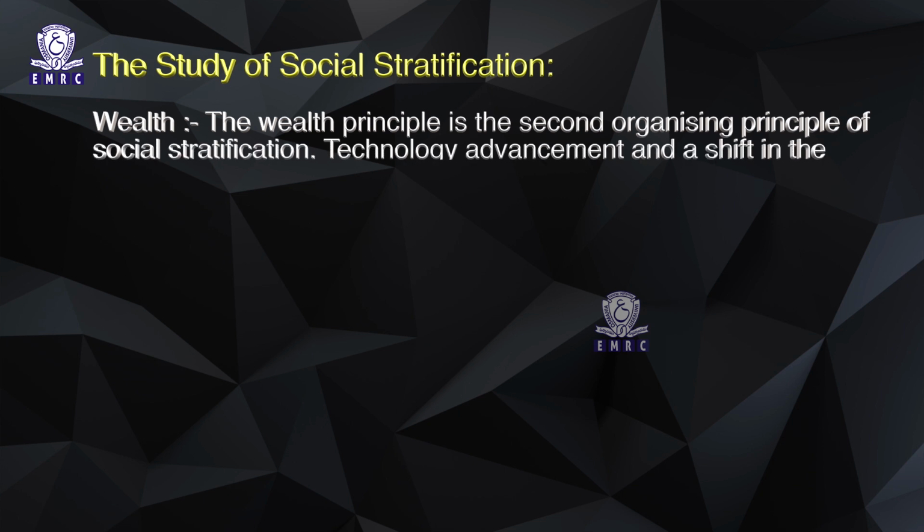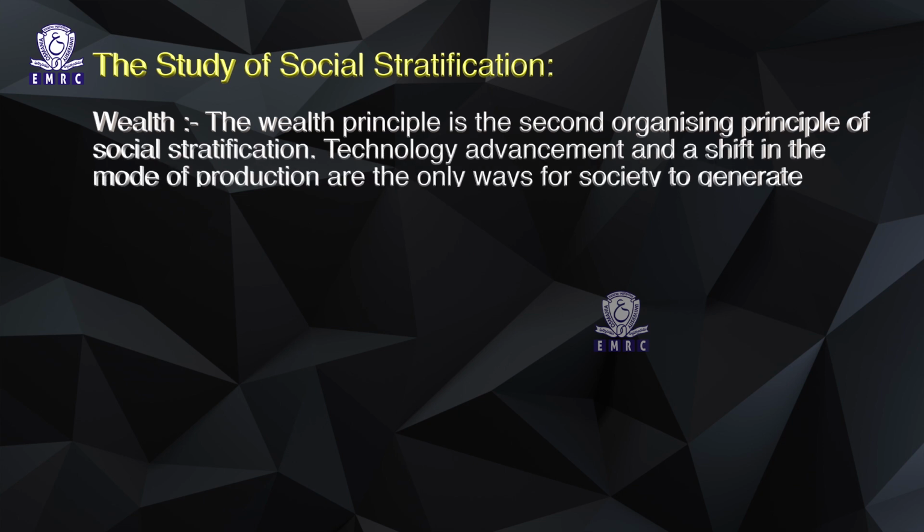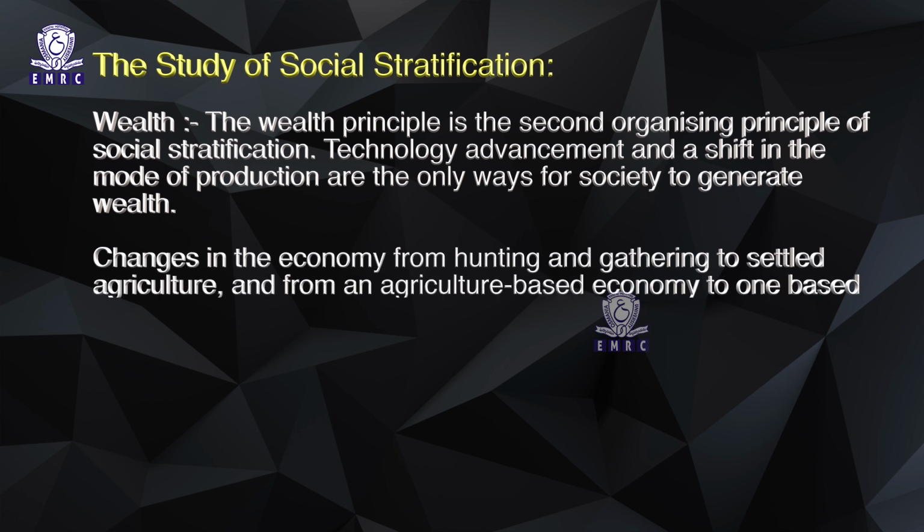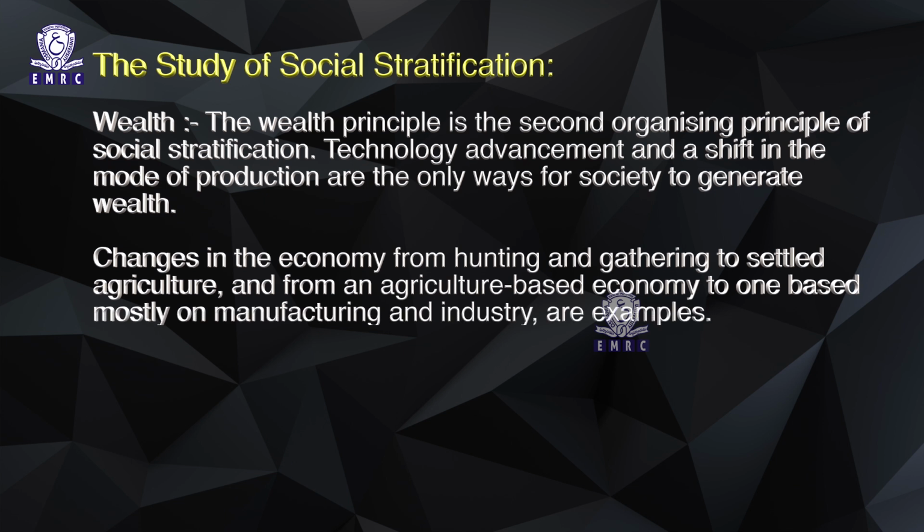The wealth principle is the second organizing principle of social stratification. Technology advancement and a shift in the mode of production are the only ways for societies to generate wealth. Changes in the economy from hunting and gathering to settled agriculture, and from an agriculture-based economy to one based mostly on manufacturing and industry, are examples. Such developments not only resulted in the establishment of social stratification, but they also transformed the principles of social stratification